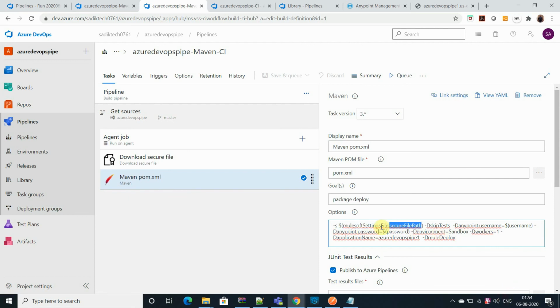You have the settings file which you are providing, with the MuleSoft repository instructions to download the required libraries from the MuleSoft repository. All the username and password you can see I am providing here; you have to assign them in the variable with the same name, using a dollar sign and brackets, then the variable name. Nothing changes, just the variable name and the value. So this is the system level configuration in Azure.